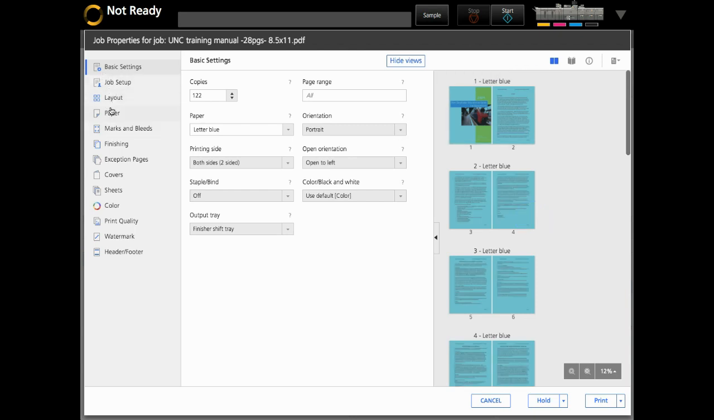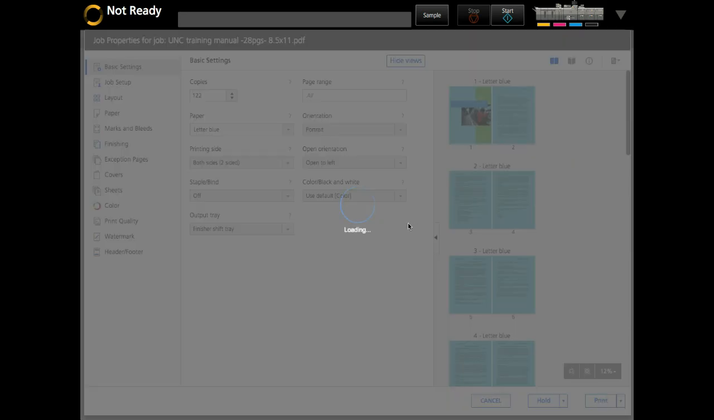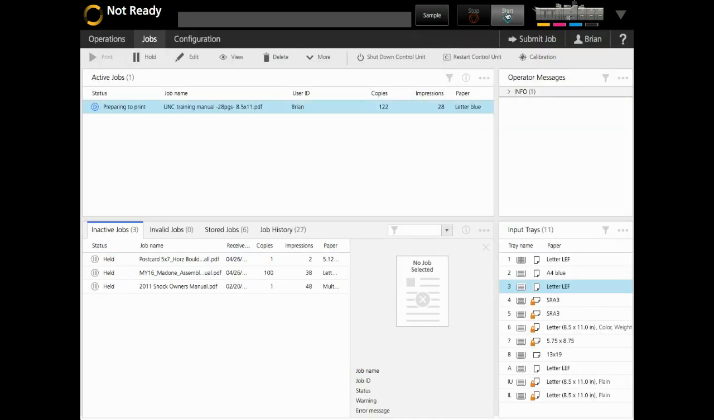In a subsequent video, we'll go through more of the advanced features of job setup and imposition, marks and bleeds, exception pages, etc. So for now, what I'm going to do is just press print. In the past, you had to hold the job and then release it, but now we've added the print and hold directly on the job ticket editing capability. So I'm going to press print and start the job,